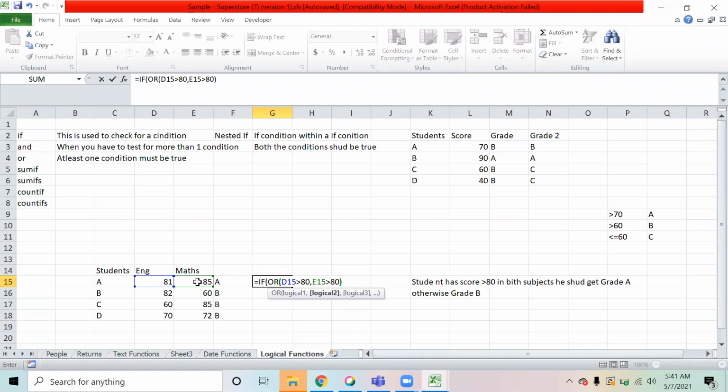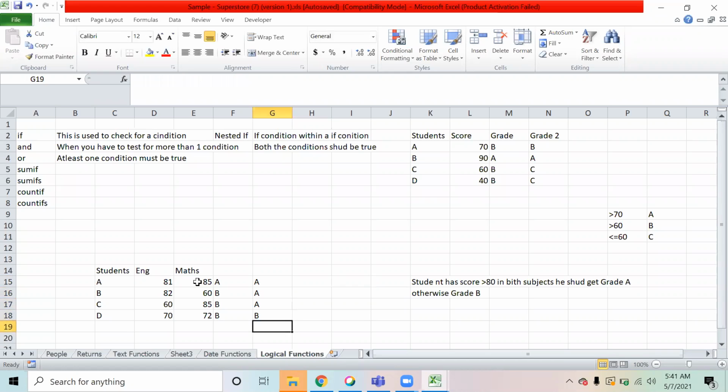If one of them is true, he should get a grade A, otherwise grade B. You see now, three of the students get grade A and one of them gets grade B.